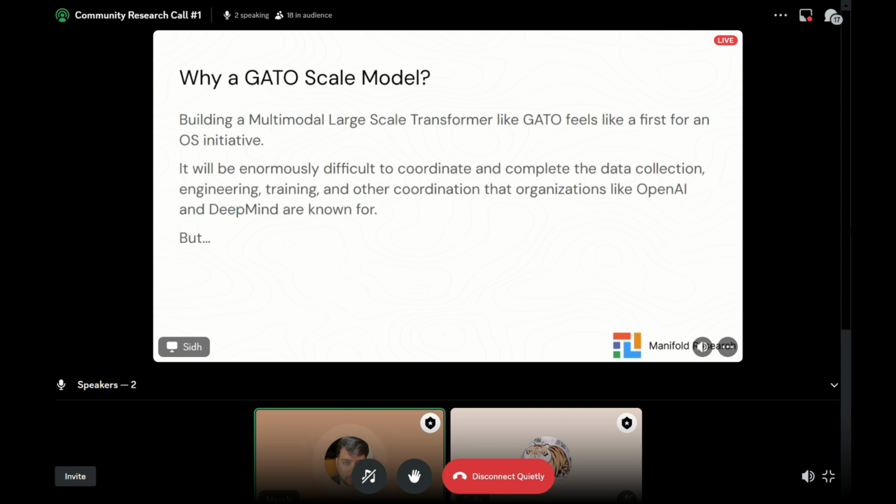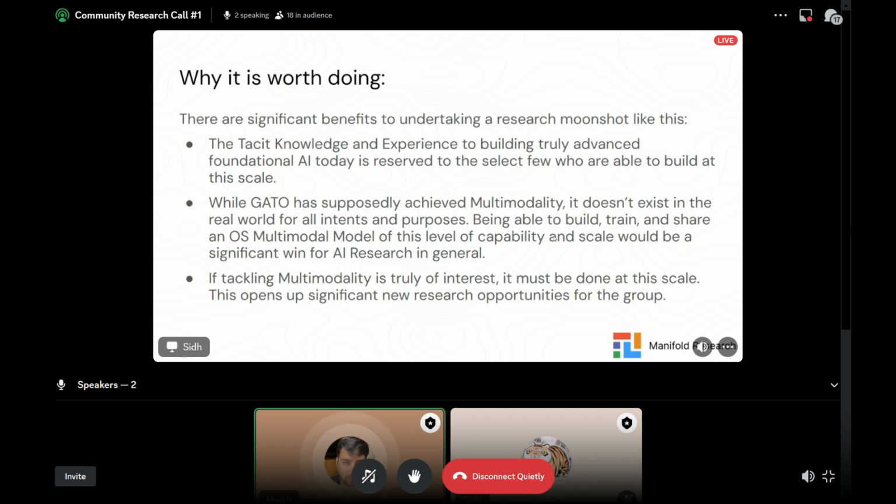So basically, trying to reproduce something like Gato for the world is a big deal for an open source initiative, but it's also very difficult to do, and that's something I know some of our research team is probably laughing at because we've run into lots of challenges and had to learn a lot as we go along. But it's worth doing in the face of the challenges that naturally exist in doing something like this, because